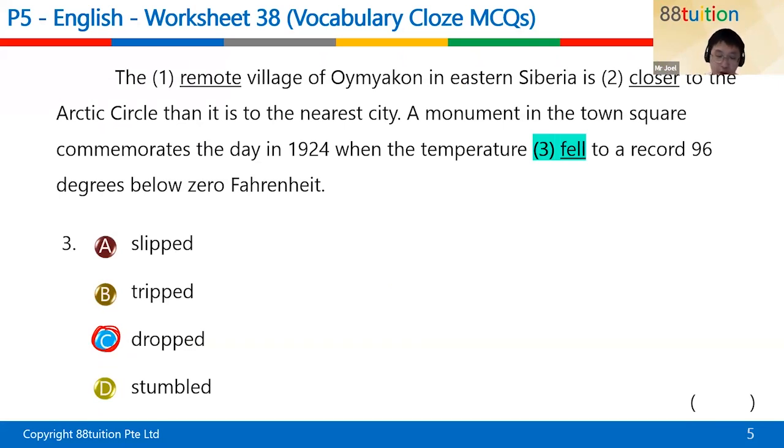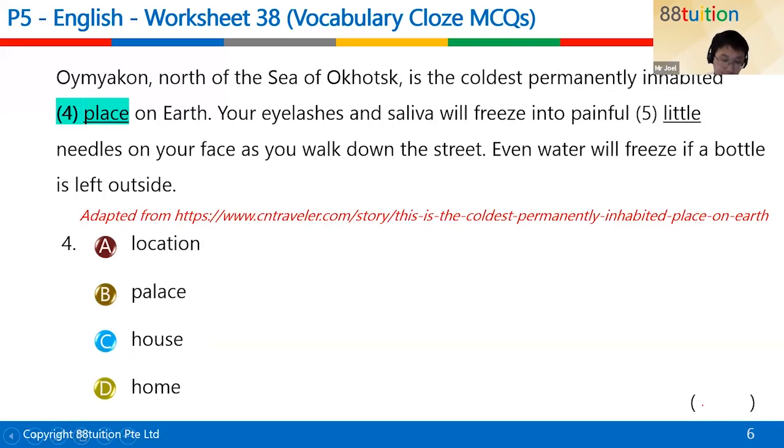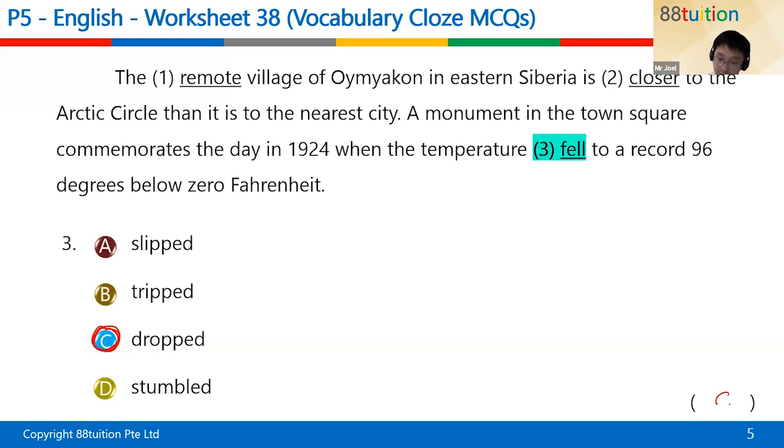So dropped to a record 96 degrees below Fahrenheit. So the answer here is C, right? Dropped to that temperature. So answer here is C. Slipped, we normally don't say, I mean, fell and slipped, they have the same meaning, right? But is it used the same way as